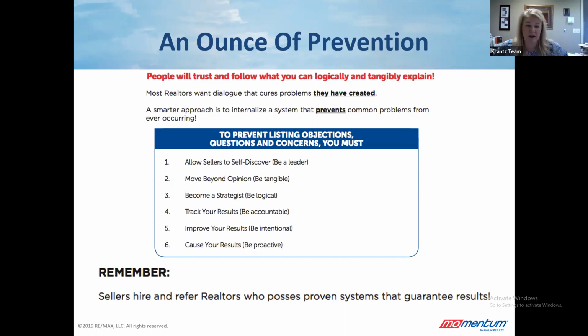I think I've been hit up more this last year for, I will not pay that, and they get strong. I mean, they are sitting there in your face of I will not pay it. I don't pay it in Kansas City. I don't pay it in St. Louis. There's no way. So it is just trying to prove over and over again what your value is.